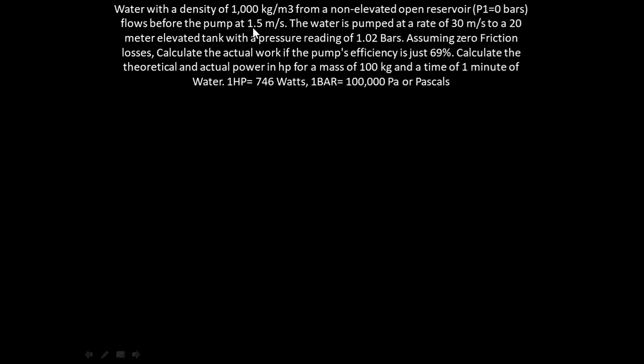Flows before the pump at 1.5 meters per second. The water is pumped at a velocity of 30 meters per second to a 20-meter elevated tank with a pressure reading of 1.02 bars. Assuming zero frictional losses, calculate the actual work if the pump's efficiency is just 69%, and then calculate the theoretical